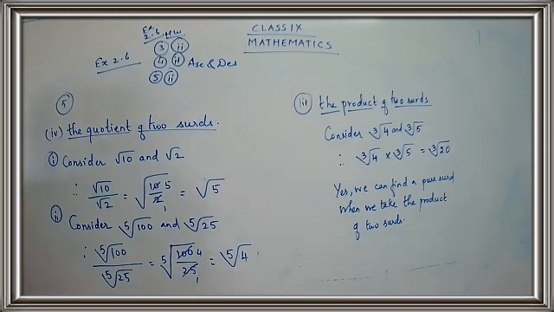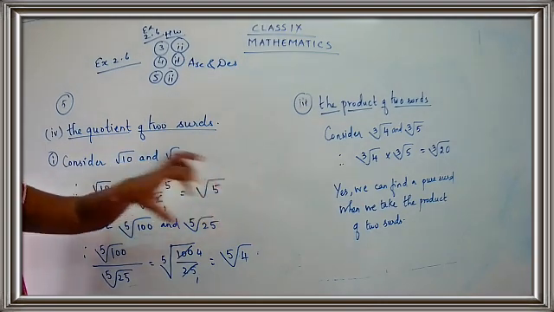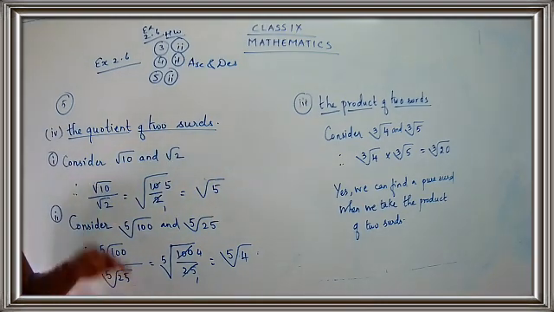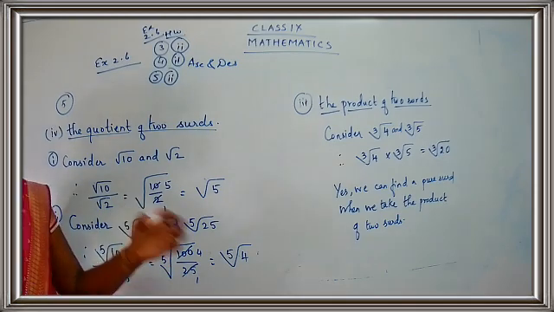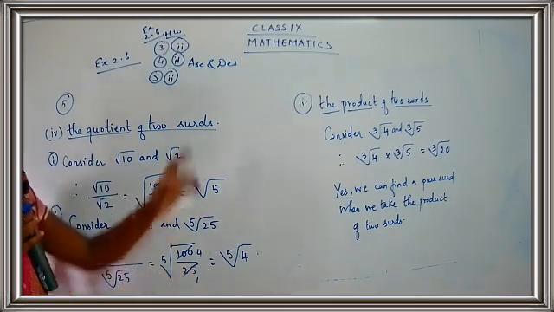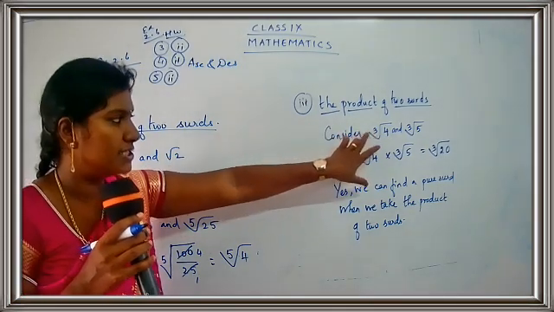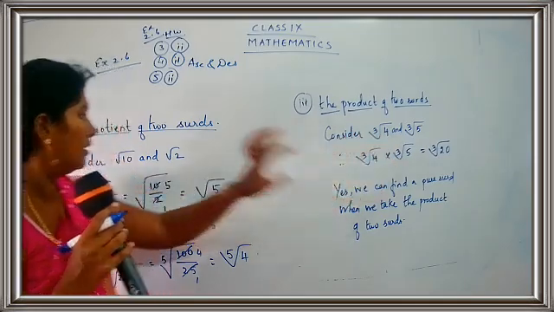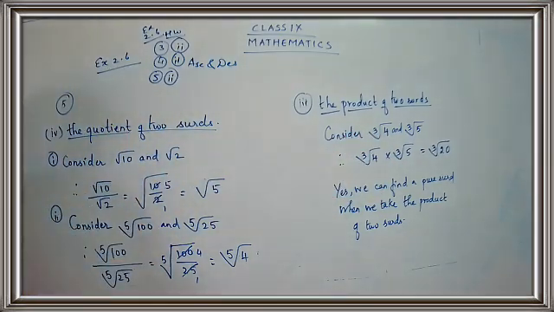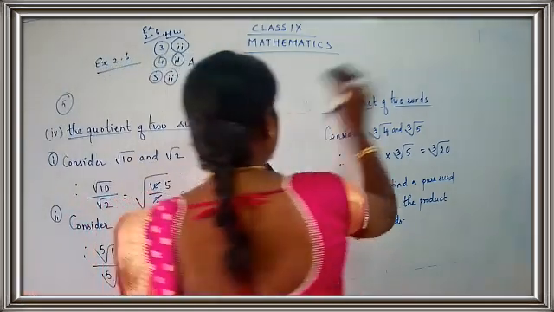Are you clear, children? For the quotient of two surds, just as for the product, there is a way of choosing the numbers. For addition you have a different method. For addition and subtraction, you just have to take the coefficient. For product, do not choose the surds with the coefficients. Don't take the coefficients, just take the numbers with their index and the radicand. For quotients, also the same manner. So what is the answer you get here? Fifth root of 4. And for the final statement, yes, we can find a pure surd when we take the quotient of two surds.